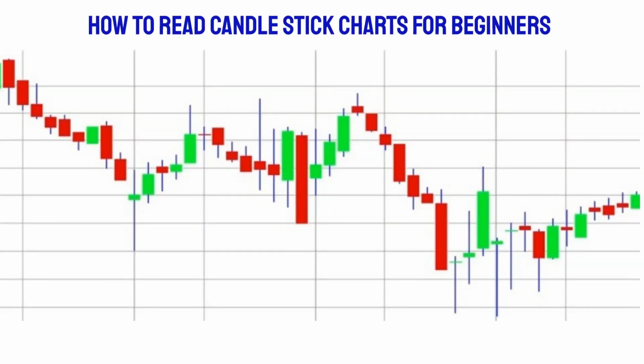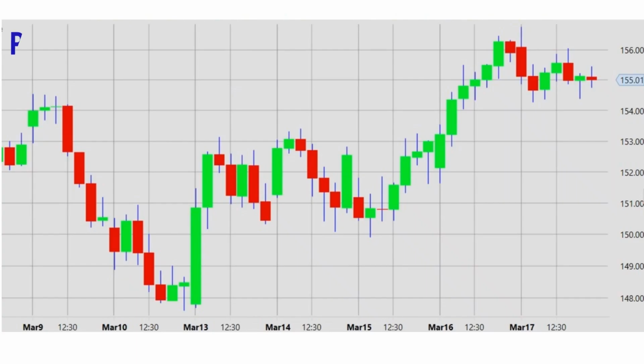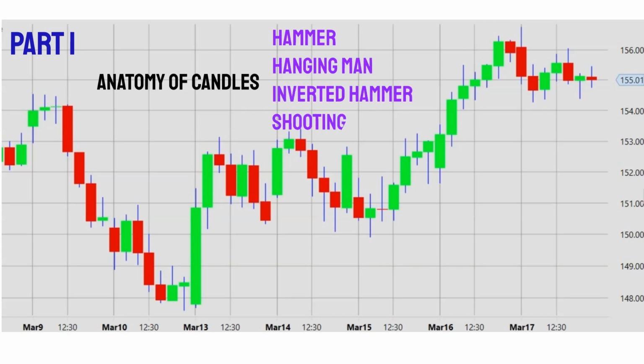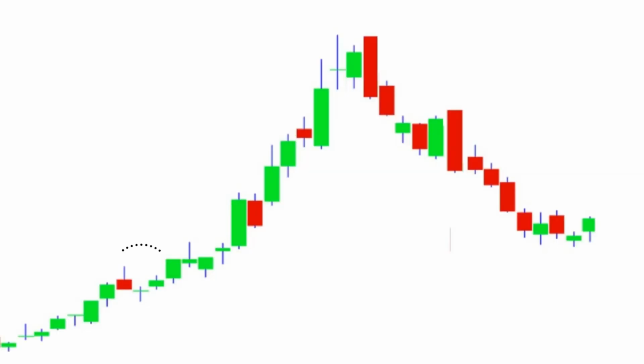This video is part 2 of candlestick charts for beginners. The part 1 video mentioned basic anatomy, formations and some other essential candlesticks. If you haven't seen video part 1, please click my channel and you can review it. In this video, a very common candlestick pattern, doji, and very strong trend reversal patterns, bullish and bearish engulfing, will be